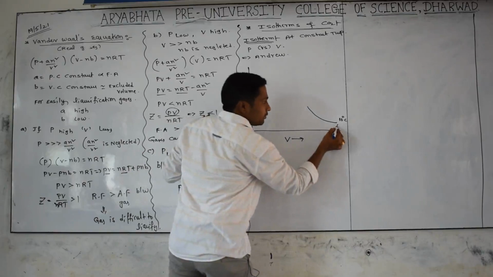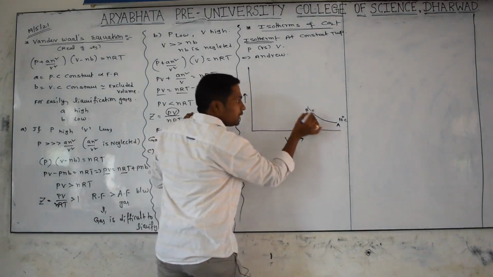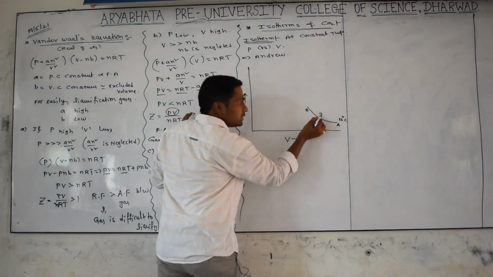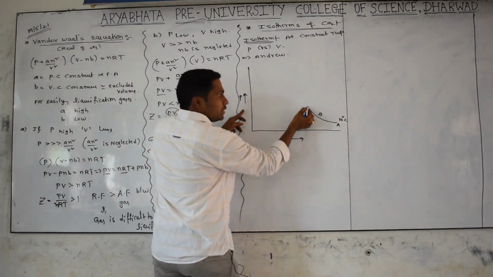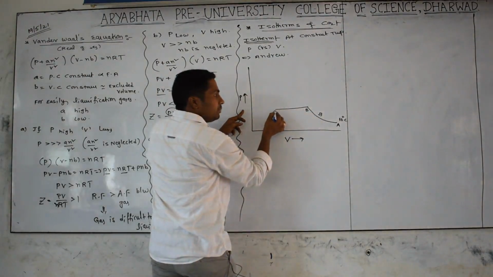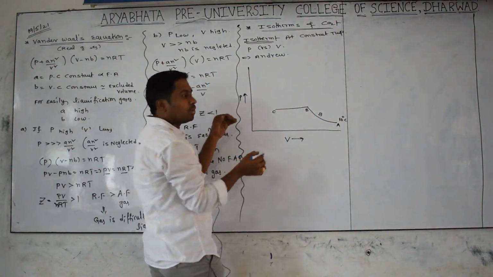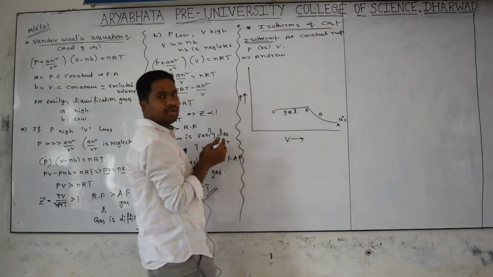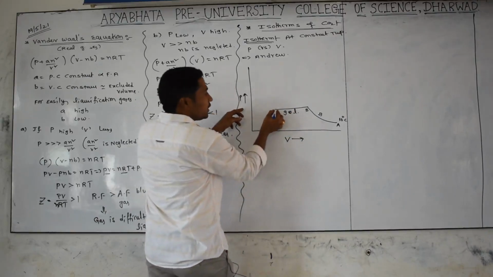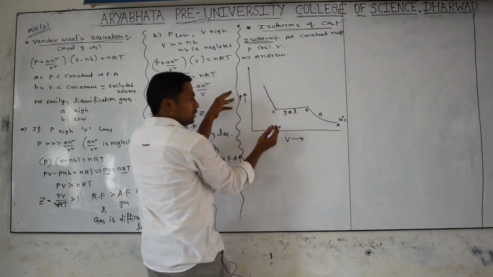The graph starts at a point A and comes up to B. Between A and B, the gas exists in only the gas phase. After reaching this pressure, slowly the gas starts converting into liquid. Between B and C, even though pressure is changing, the volume is decreasing, because here the matter exists in both gas phase and liquid phase. Still you are increasing pressure, then volume is also decreasing.